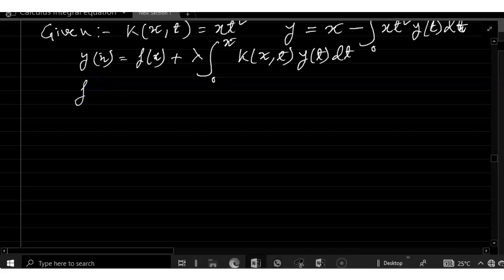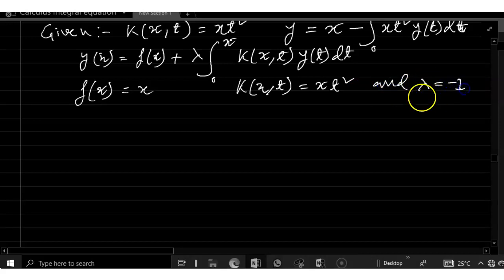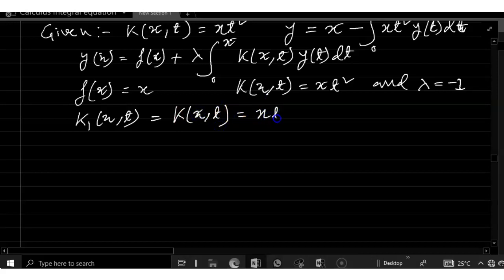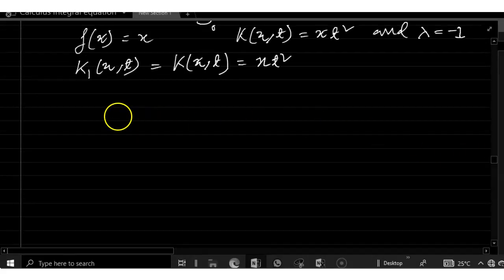Now f(x) is equal to x, k(x,t) equals x t square, and lambda equals to minus 1. k1(x,t) = x t square. k2(x,t) equals to